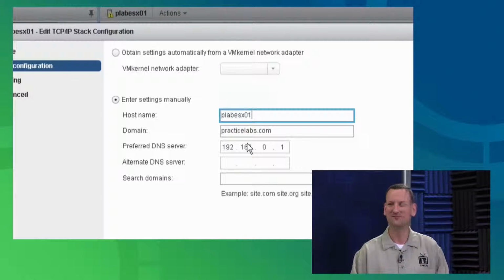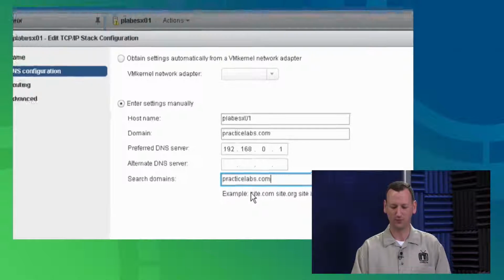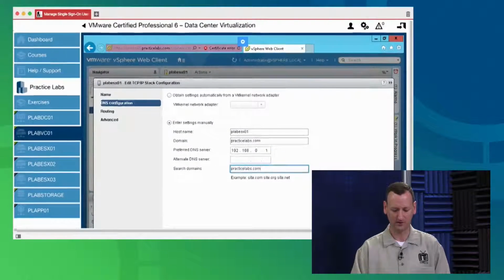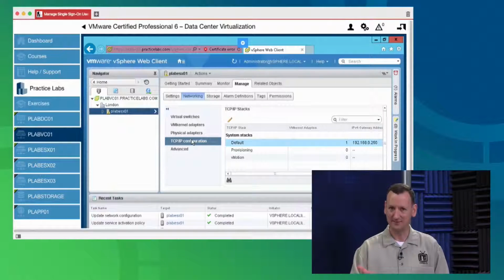I don't want a bunch of machines in the Active Directory called localhost. That's not going to help me. So I can set those, and I can even make practicelabs.com a search domain if I want. I don't have to do that, but I'll set it. Okay, so now that I've got that in place, I'll hit the OK button, and now my time is synchronized